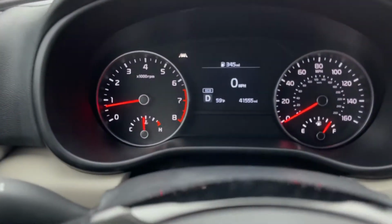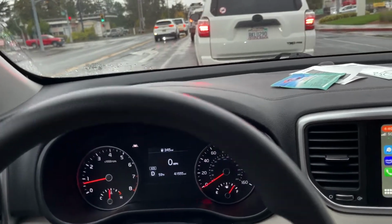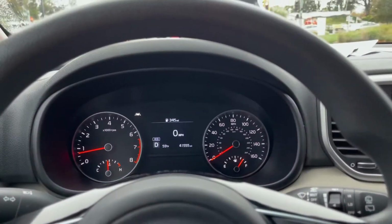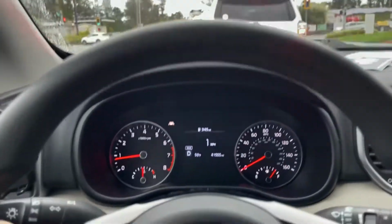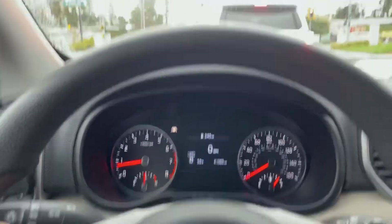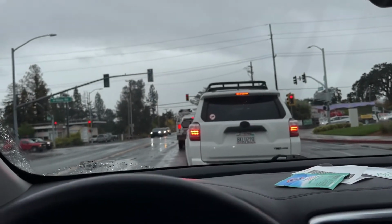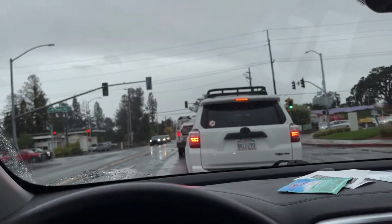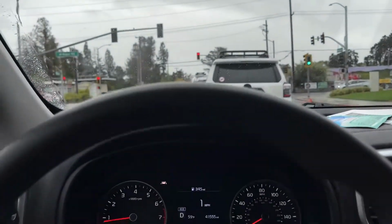For a rental car, this has high mileage. Definitely a sign of the times. Like we've talked about, there's a car shortage. There are all kinds of shortages right now. And so yeah, the windshield wipers so far, 5 out of 5 stars. Doing great there. The steering,